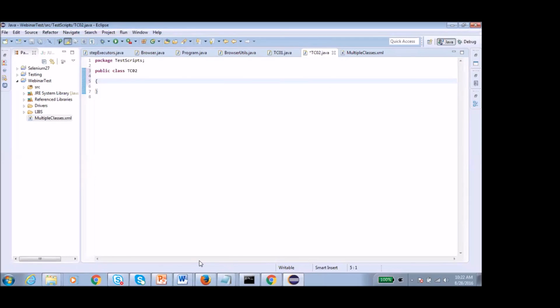The last part is reporting, and reporting is very important when we are presenting the reports to our managers or our client, in terms of how the report looks or how user friendly that report is.